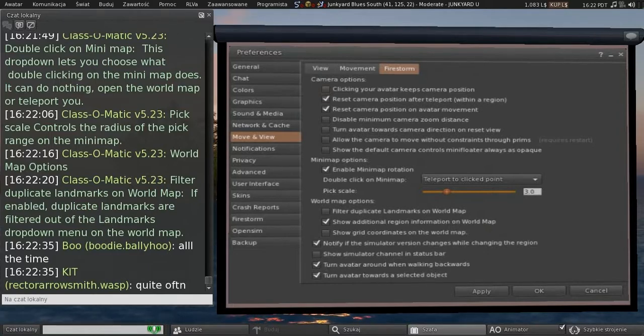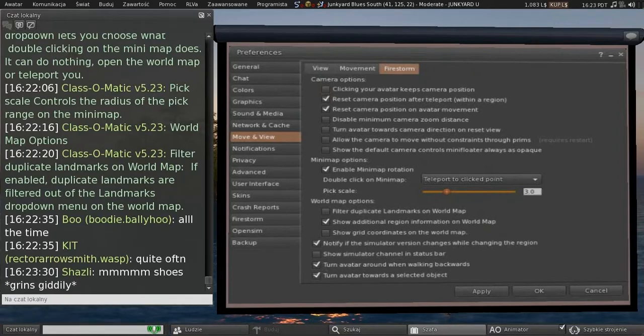And if you don't, and you hate duplicate landmarks, you'll also love this feature because you can leave it off, go to the world map, go to the landmarks, and it will show every landmark in your inventory. Not just the ones in the landmark folder, but every single landmark in your inventory. So if you've been out to a shoe store and bought out their entire line of 26 different pairs of shoes, you'll have a landmark for each one usually in the box. This will show you where they all are. You can't delete them from there, but